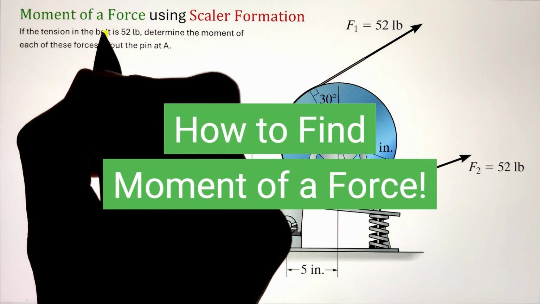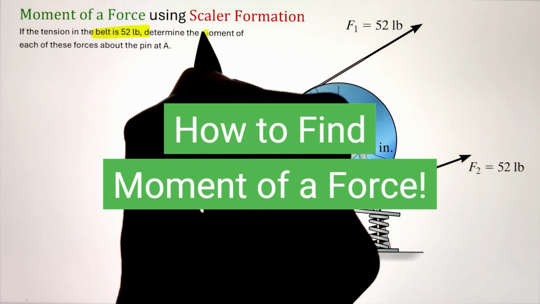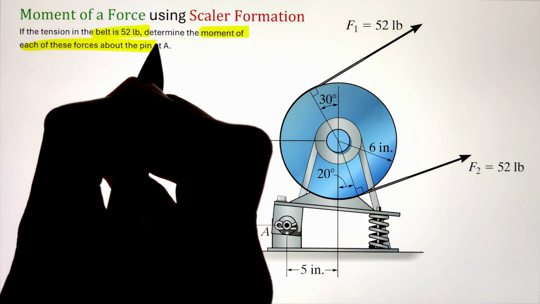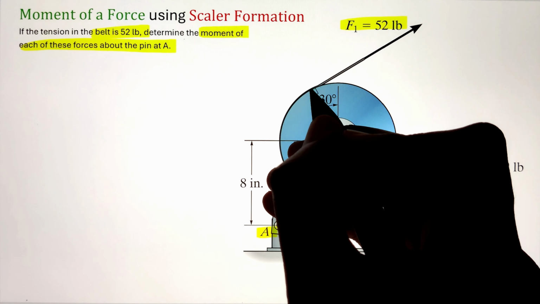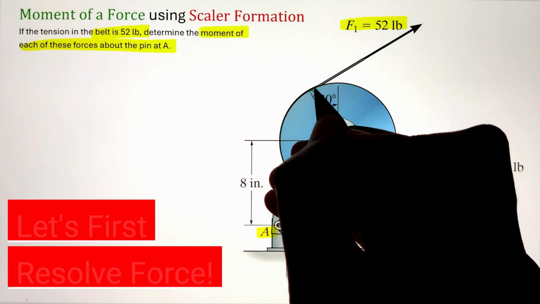In order to find the moment of the forces developed in the belt having a tension of 52 pounds about point A, we can utilize our scalar formulation since the force is in two dimensions. So to start, let's go ahead and resolve our force into its x and y components. We can do that by utilizing the angle 30 that a plane perpendicular to the force is making with the